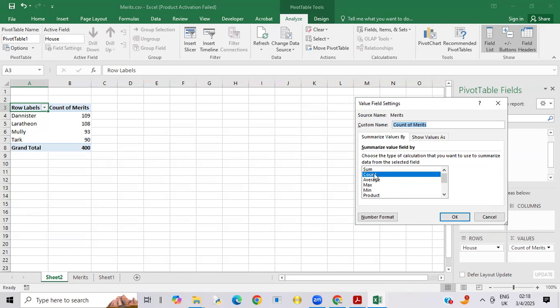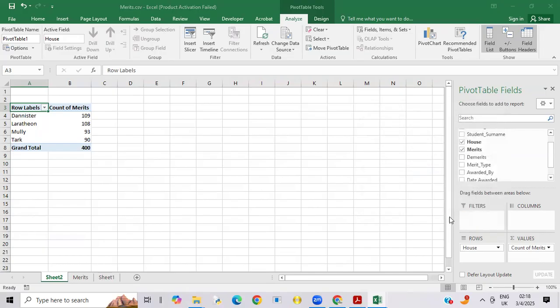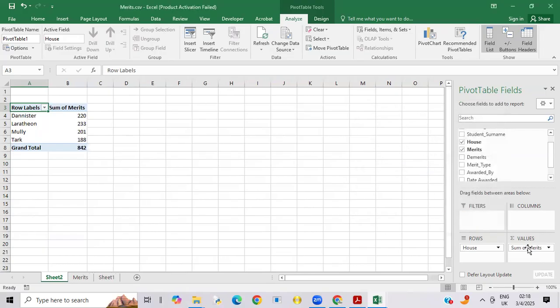Right now it's selected on count, that's why it's saying count, but we are going to select sum so that it's going to show us sum, but you can do a min, a max, okay, all of that. So we are going to click that and it's going to write sum of merits and it's going to automatically create this